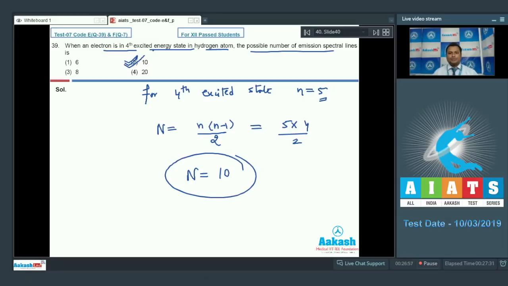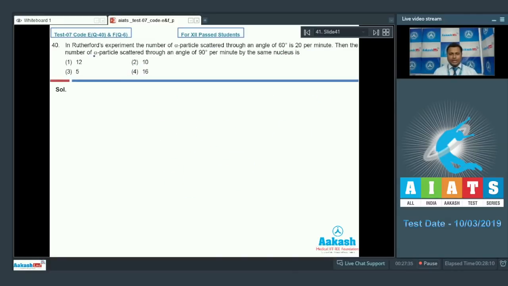Now let us proceed to the next question, that is question number 40. So here is question number 40. In Rutherford experiment, the number of alpha particles scattered through an angle of 60 degree is 20 per minute. Then the number of alpha particles scattered through an angle of 90 degree per minute by the same nucleus will be what? Now in Rutherford alpha particle scattering experiment, we know that the number of alpha particles is given by the relation